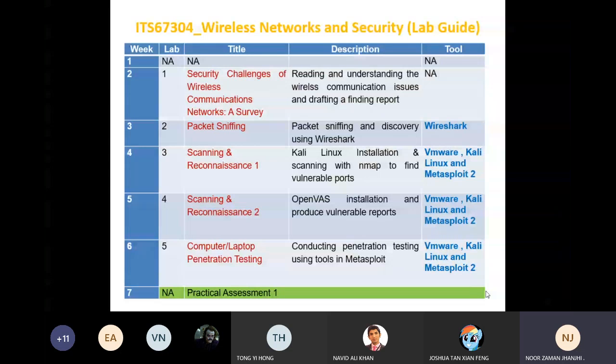Like we discussed in our theory class, maybe there is some kind of attack, where a rogue access point can join our network. So in your practical assessments and your labs, you will be able to find out, if this is the case, how we can find out that this ABC rogue access point is in the network.